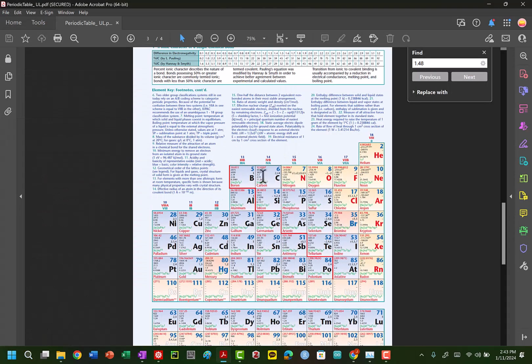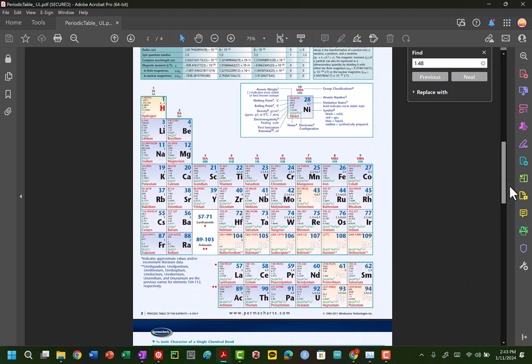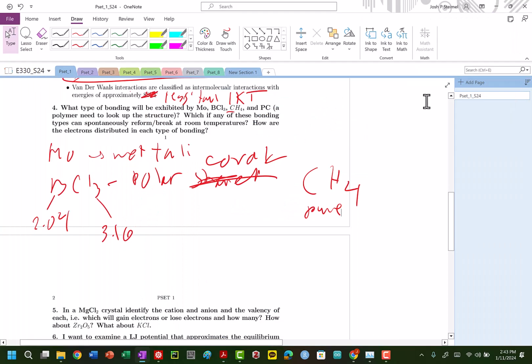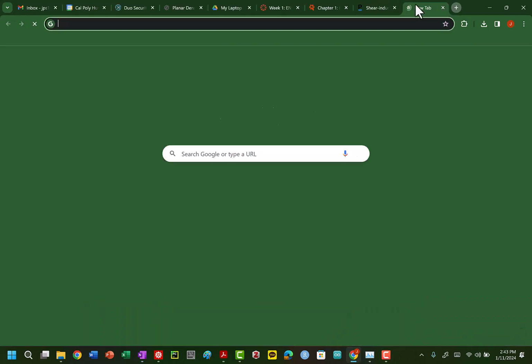There we go. So C is 2.55, and H is 2.22. That's going to be covalent, pure covalent. And so that would be shared, and can't be rebroken at room temperature. Polycarbonate is PC. So let's look at